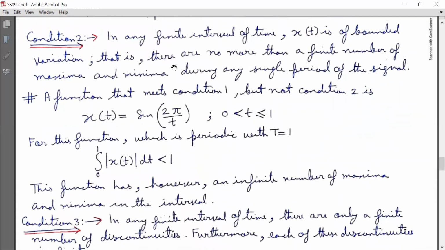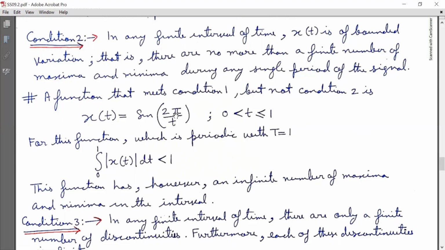Now condition number 2. In any finite interval of time, x(t) is of bounded variation. That is, there are no more than a finite number of maxima and minima during any single period of the signal. A function that meets condition 1 but not condition 2 is